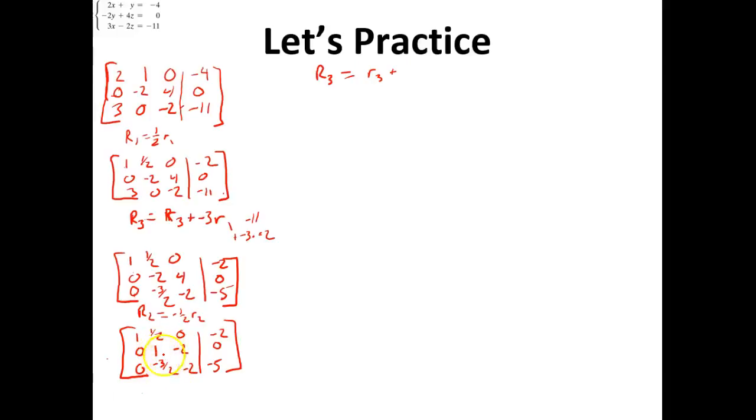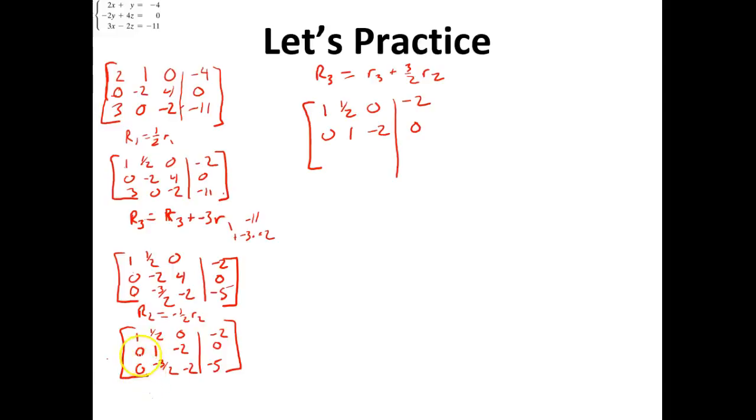Well, I'm going to have to add 3/2 of this to it. So I'm going to add 3/2 of row 2 onto row 3, and that's what I'm going to replace it with. Row 1 just stays the same, 1, 1/2, 0, negative 2, and then 0, 1, negative 2, 0, and then